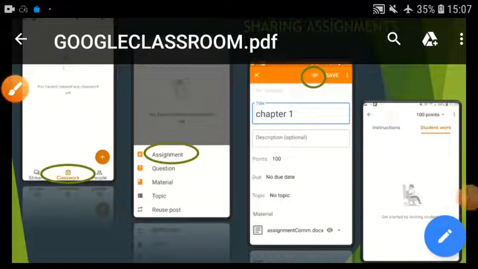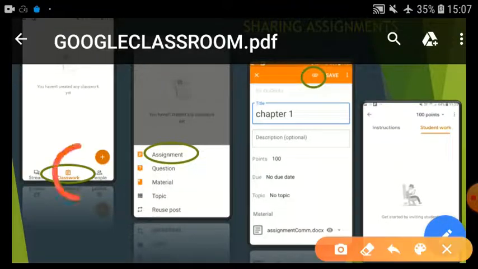Now you can create your assignments and material and share with the students. To create your first assignment, go to classwork, click on the create button and share your first Google Classroom assignment. Click on the title to see if any students have handed in the assignment and give grades and feedback. You can also return the assignments to your students if not satisfactory, so that they can start editing again.